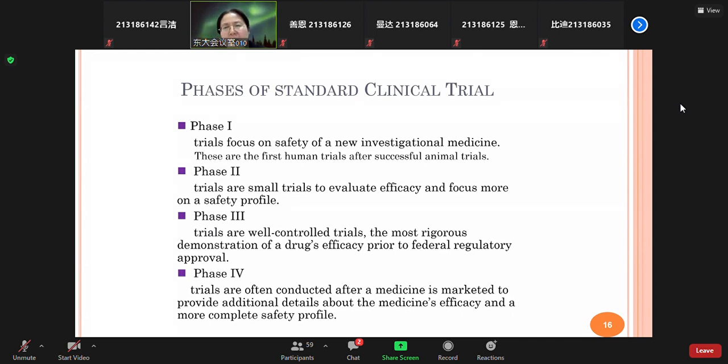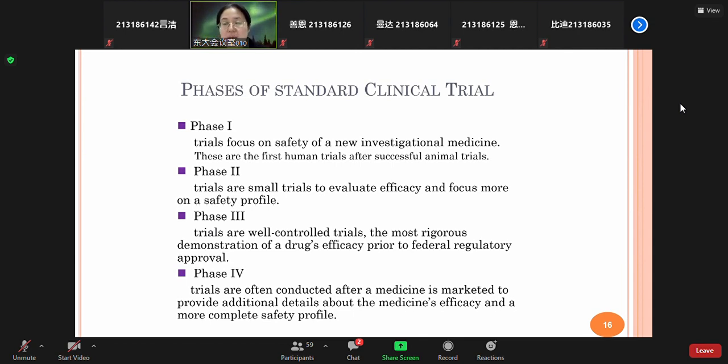Just like in China, we have so many formal regulations, and these regulations are really law-like, because the drug company, the hospitals and the researchers from the hospitals